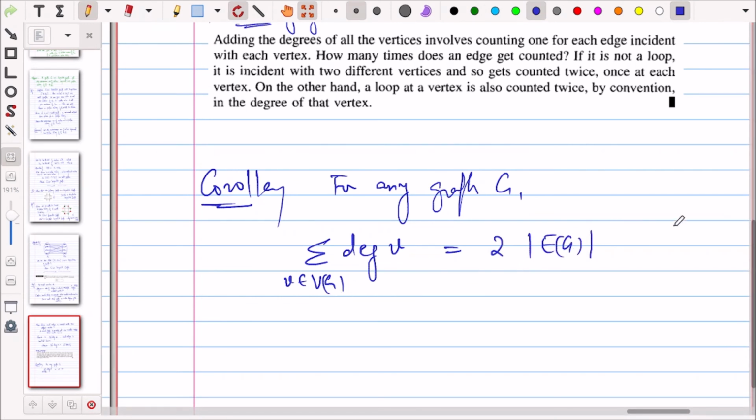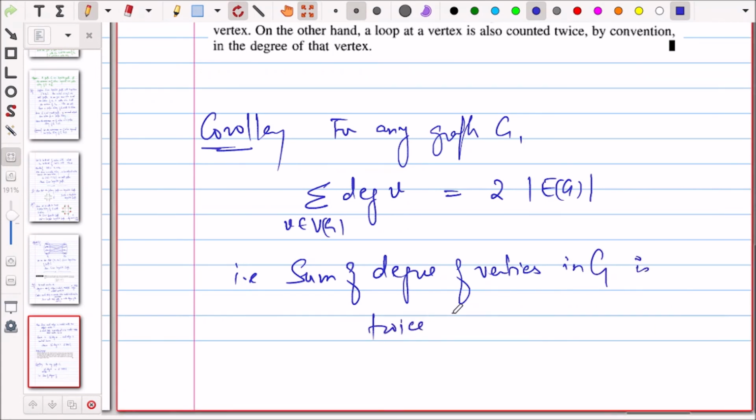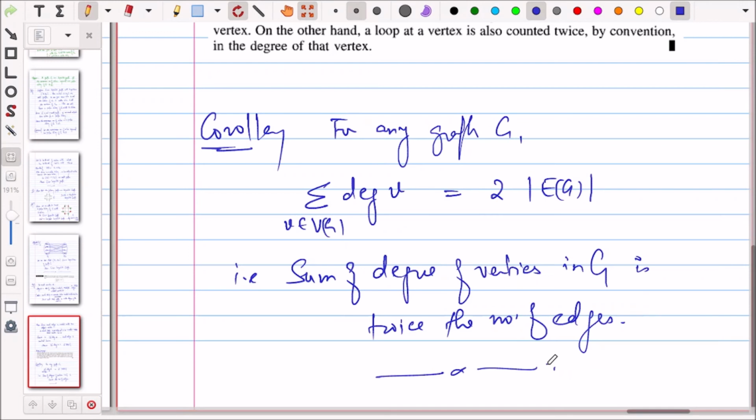So sum of degrees is an even number, that is, ठीक है, sum of degrees of vertices in G is twice the number of edges. ठीक है, so इसका सबसे इंपॉर्टेंट रिजल्ट क्या है कि अगर हमारे पास कोई भी डिग्री सीक्वेंस दी हुई है, मतलब दिया हुआ है कि तुम्हारे पास जो एक कोई है जिसमें वर्टेक्स की डिग्रीज दी हुई है, तो अगर वो सम जो है इवन नहीं आता है तो देन यू कैन डायरेक्टली से दैट इट कैन नॉट बी अ ग्राफ और इट कैन नॉट बी अ सूडो ग्राफ. ठीक है,